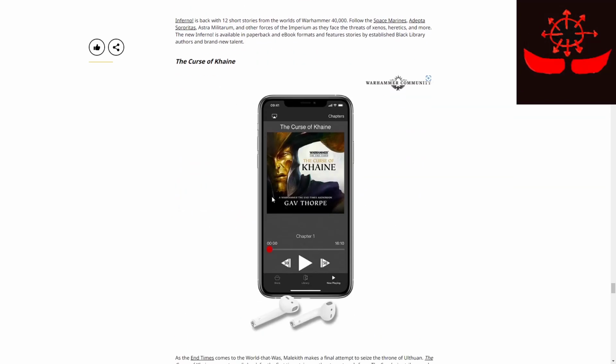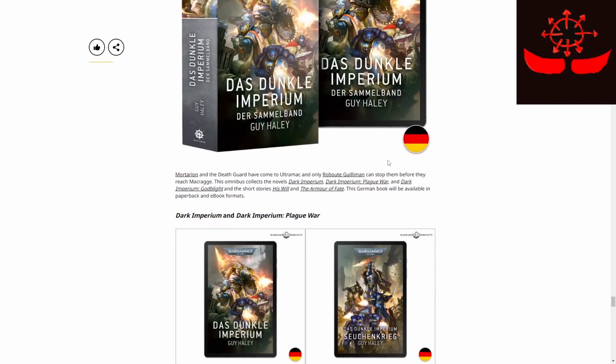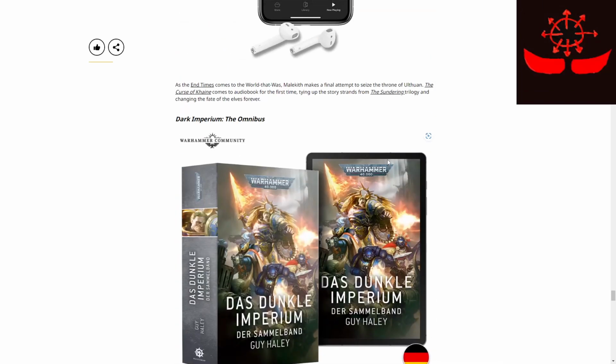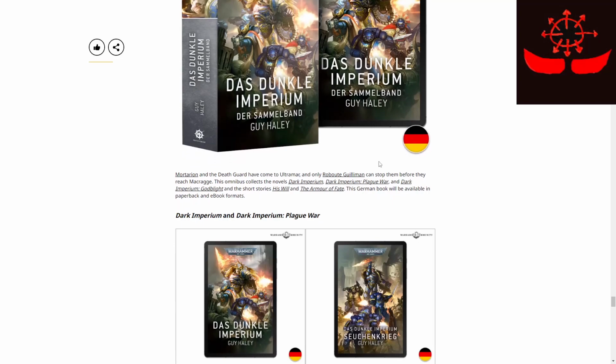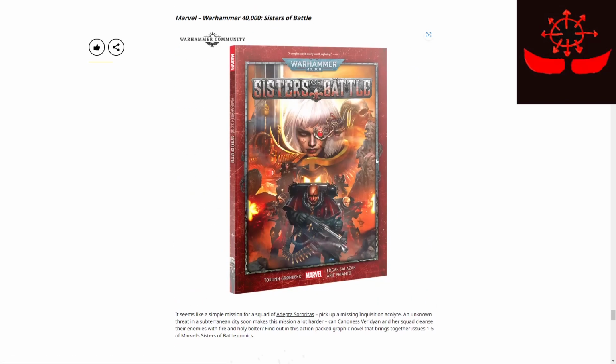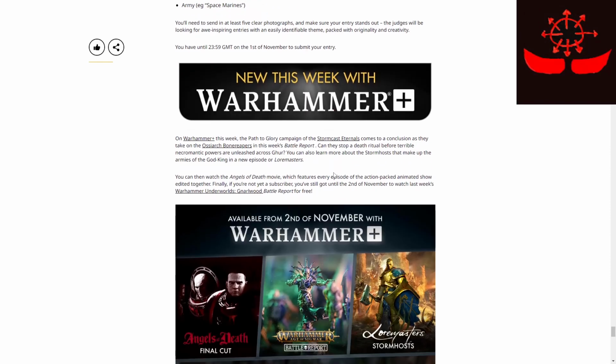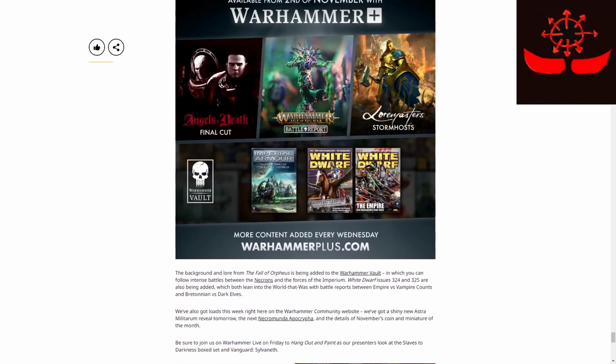That's pretty neat. Curse of Cain. This is like End Times. Okay. For some reason, there's an End Times audiobook. Dark Imperium, but in German. I'm assuming it's also available in English, but I don't know. Sisters of Battle. What is this? It's some sort of comic book. Neat. Armies on Parade and some stuff for